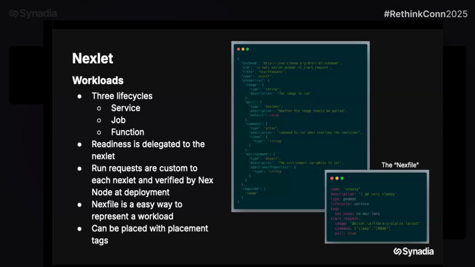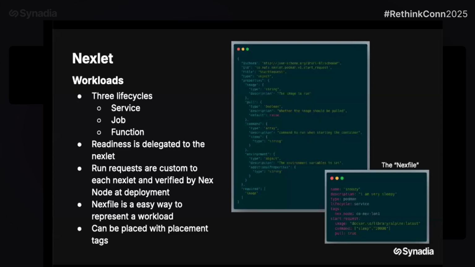Functions are something a little different. They're kind of like a service in which we keep them warm. However, they're not. They get put on the node, and the code is invoked via a trigger. So you would send a message over a NATS topic subject, and the node would be kept warm. It's listening on that subject, and as soon as it gets a valid request, it spins up your workload, runs it, and shuts it down. This is a way just to minimize the amount of downtime, kind of like functions as a service.